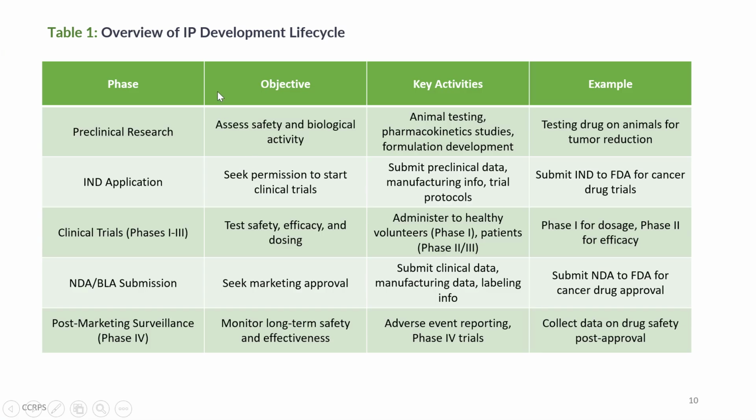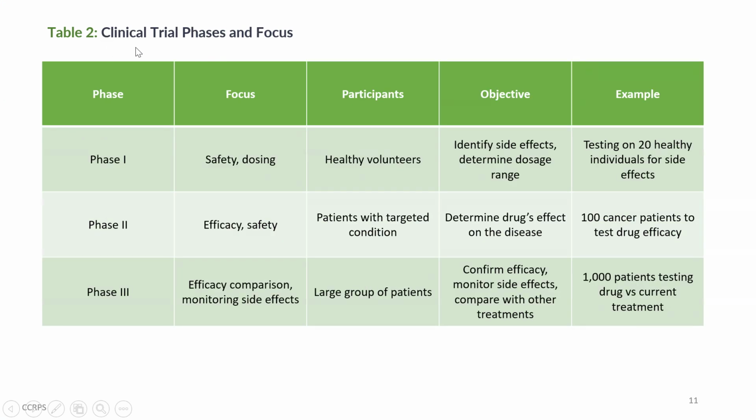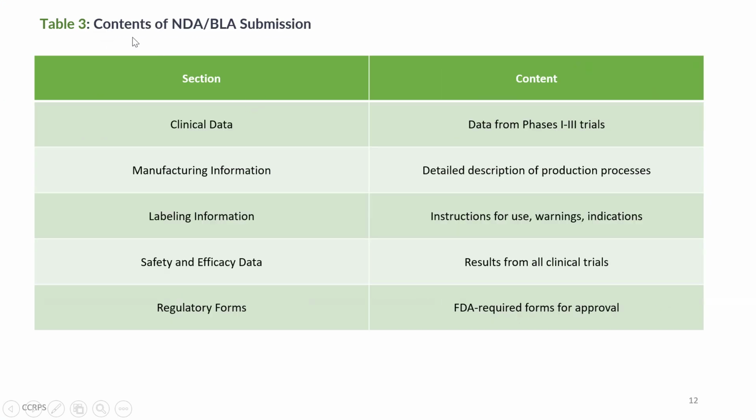Summary tables. Here we have a table on the overview of the IP development cycle, life cycle. A table on clinical trial phases and focus. A table on contents of NDA/BLA submission, new drug application or BLA, biologics license application submission. And of course, this applies to the FDA. However, there are similar or parallel processes to these FDA applications worldwide, maybe with different titles or different names